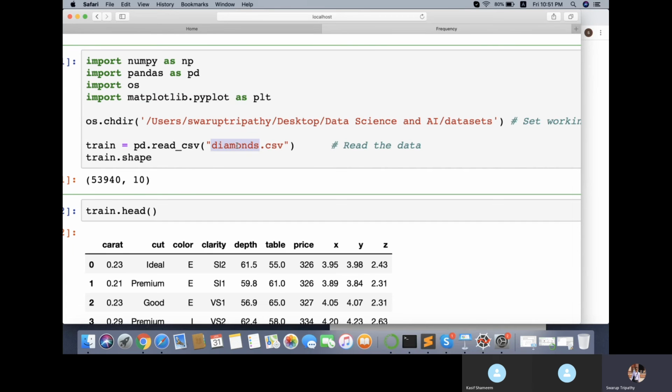But here, as our file is somewhere else, we have to give the entire path of the file. So I'm changing my working directory to the dataset folder: users, my name, then desktop, then data science and AI, then data sets. In this folder I have all the data sets.